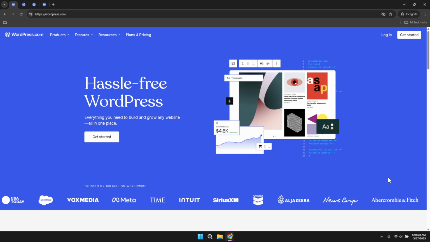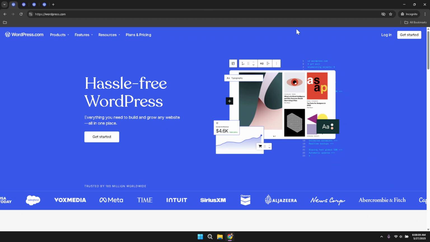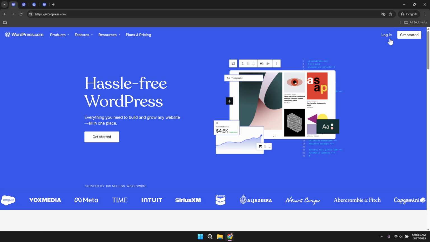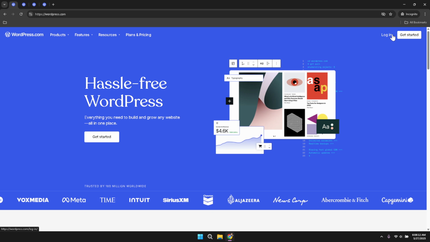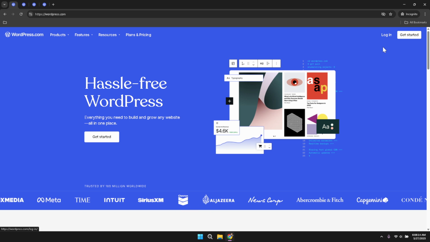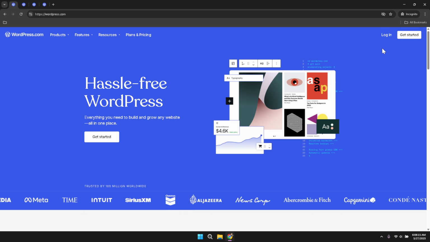Begin by opening your web browser and navigating to WordPress. Once the page loads, move your focus to the upper right corner of the screen where you will find the login option. Click on the login button to continue with the process. This step helps ensure that you are correctly authenticated and gives you access to the editing features that will soon